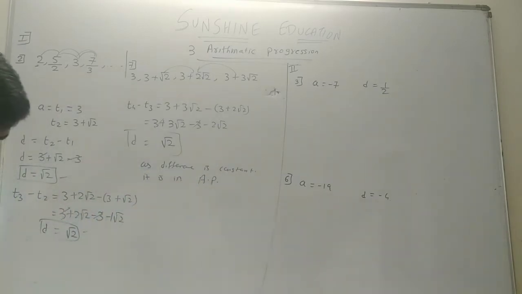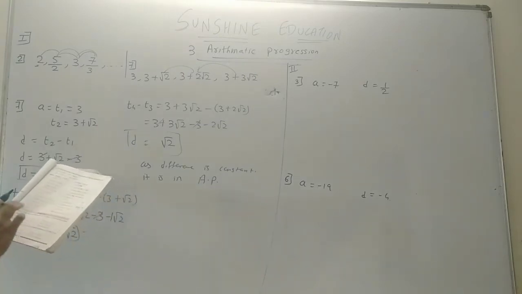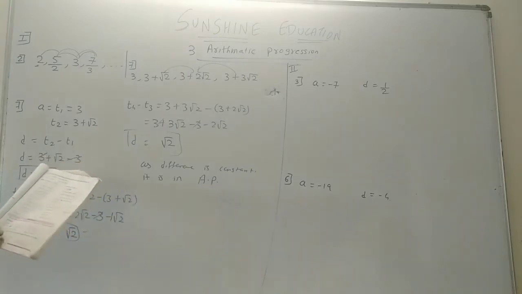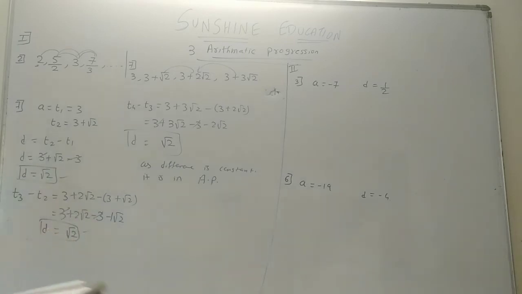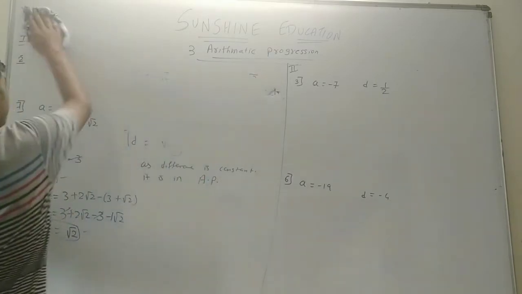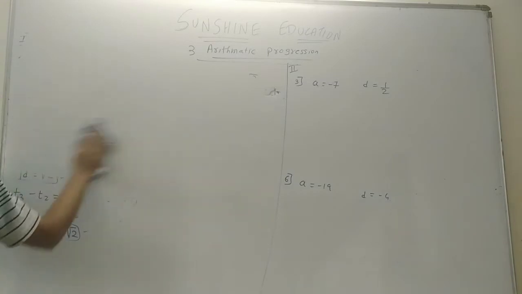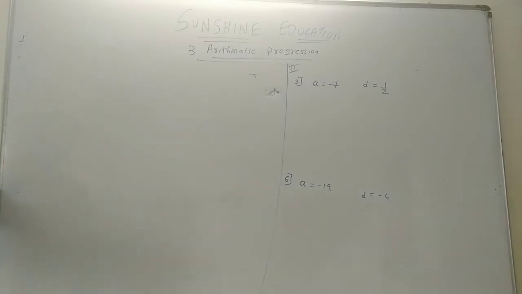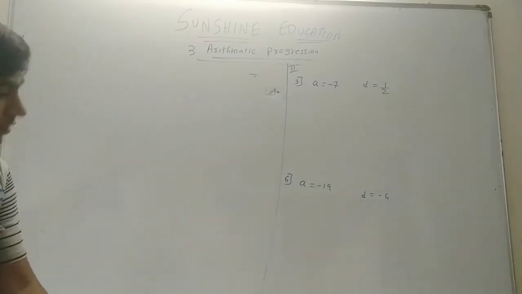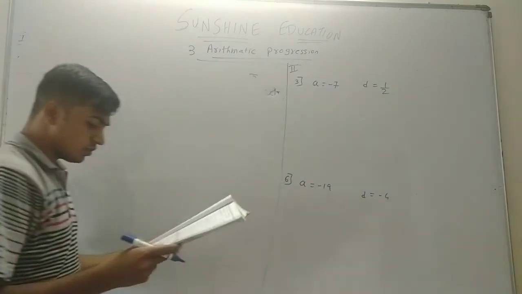So in the first part of the first exercise, there are 8 sums. From these 8 sums, I have done the second one and the 7th one. The rest of the sums are for homework. Okay. Now we will do the second part. What is there in the second part? Okay, I have written the third question and the 6th one. The rest of the questions will be for homework.